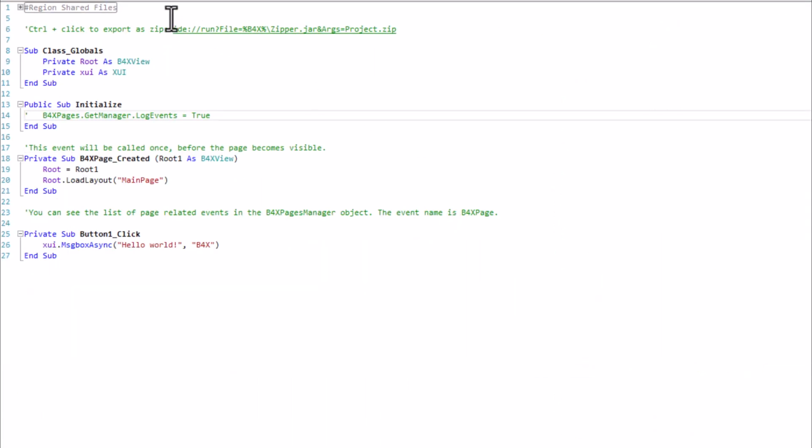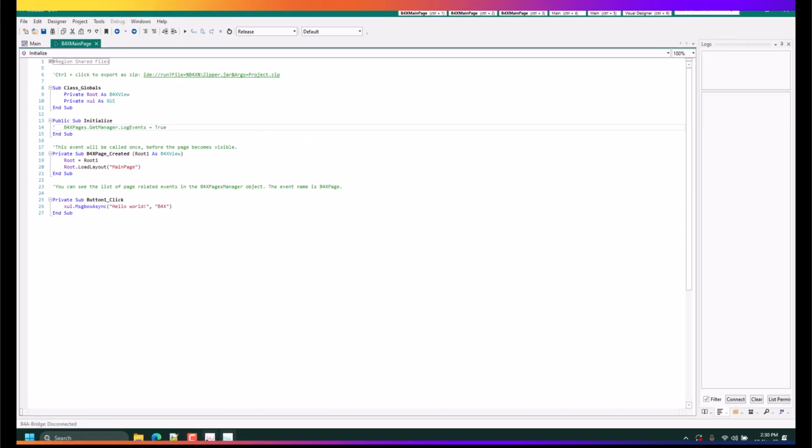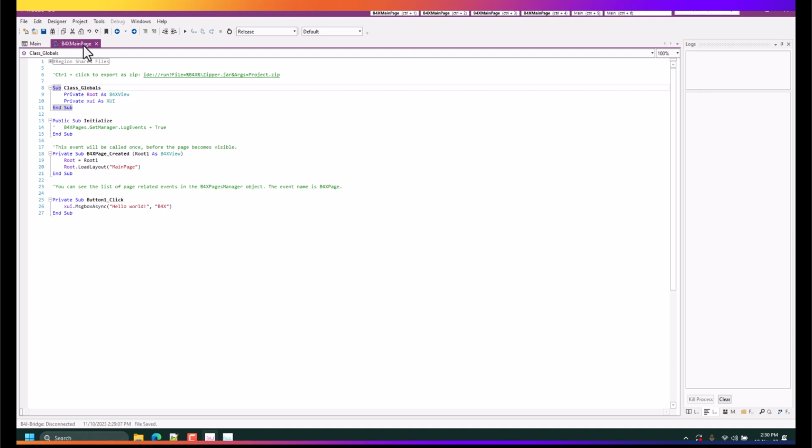So you can see we have B4XMainPage, right? This is the B4A IDE. When you go to B4J, that main page is still there. This main page is shared across the platforms.